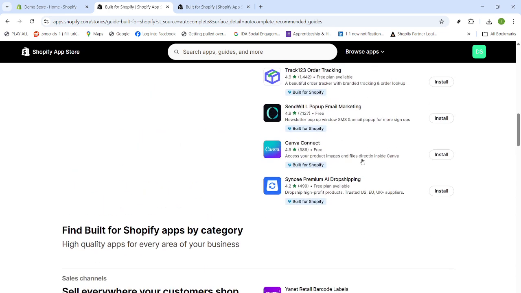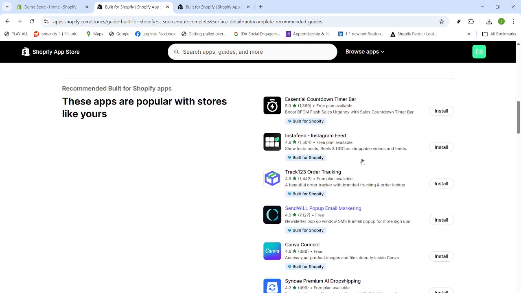Follow this path: Admin, App Store, Browse, Built for Shopify, and Curated guides, and you'll quickly build a short list of the best support apps for